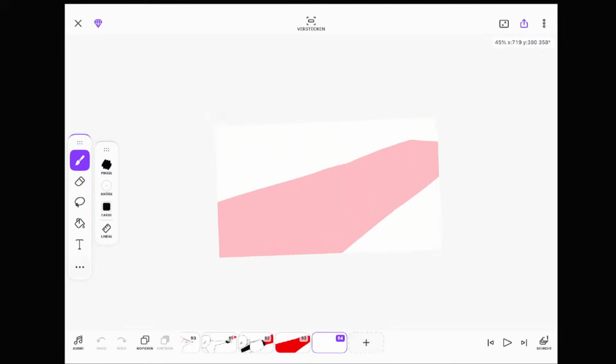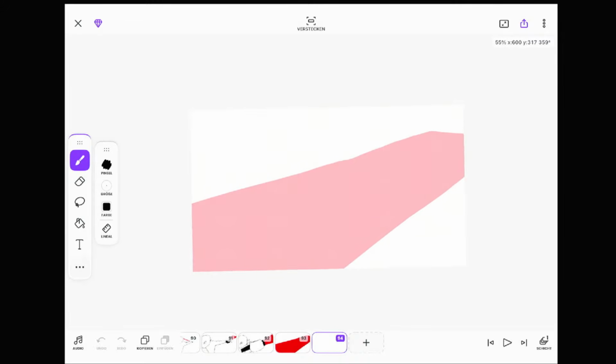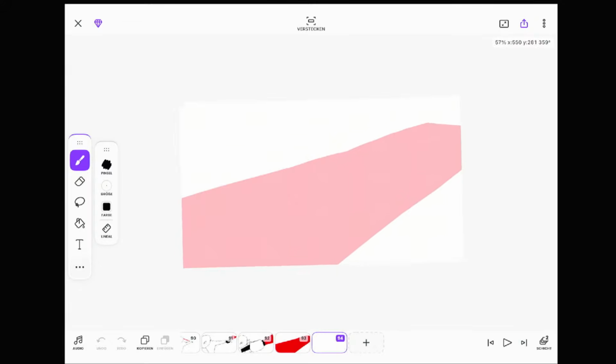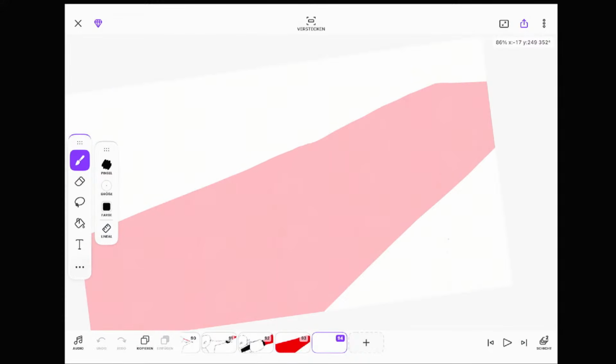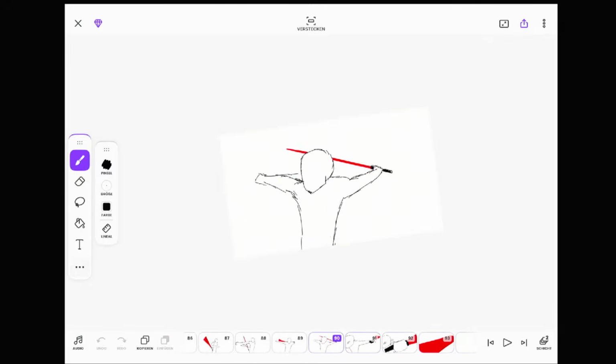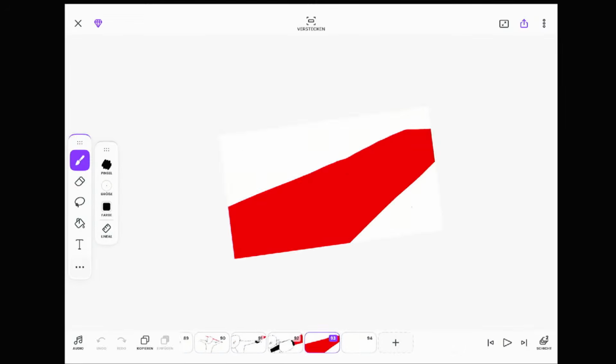So, I think we can now work with the background. Yeah, but maybe before I do the background, I make the animating person swinging this way. So in the next scene, I need to continue with this swing.